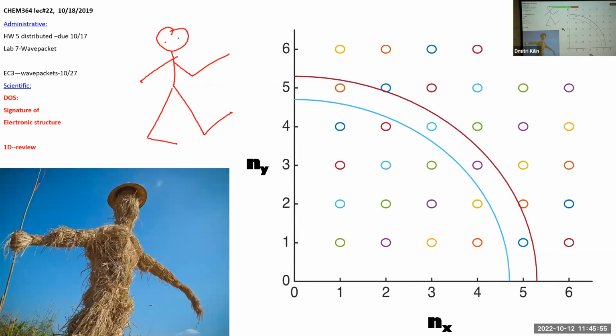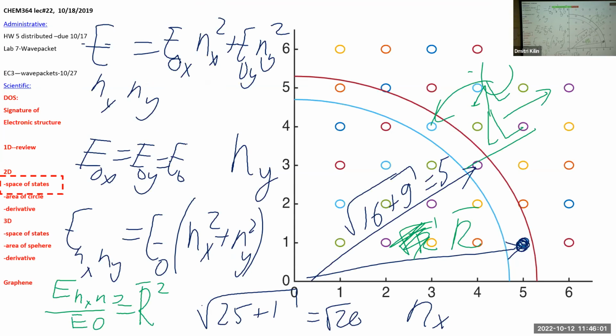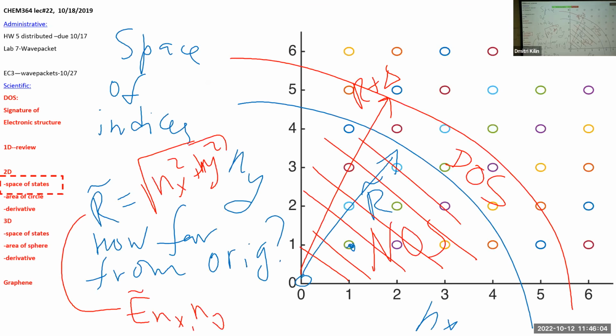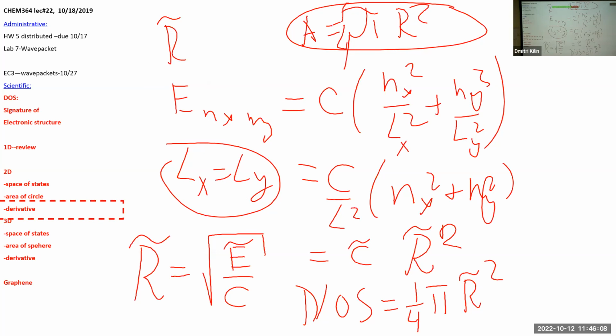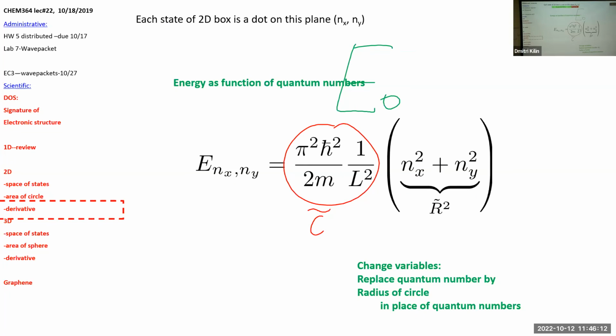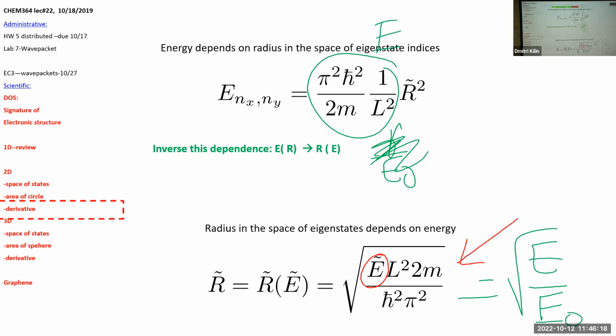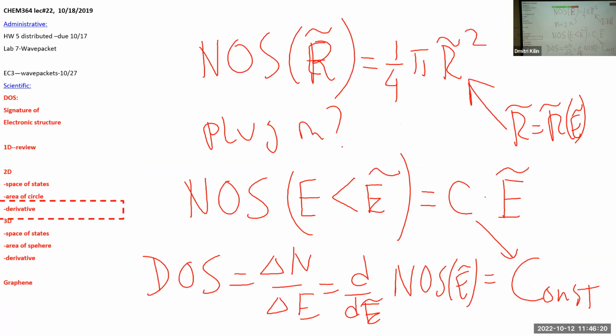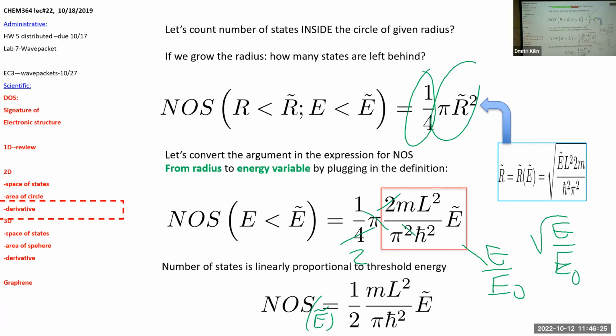So, yeah, here is our favorite character walking in this reciprocal space, right? Here is the shape that we did. And we are looking for the area, doing this derivation, finding the number of states proportional to radius squared, then the energy, and then finding that the density of states is a constant. Done. Now, for the three-dimensional case,